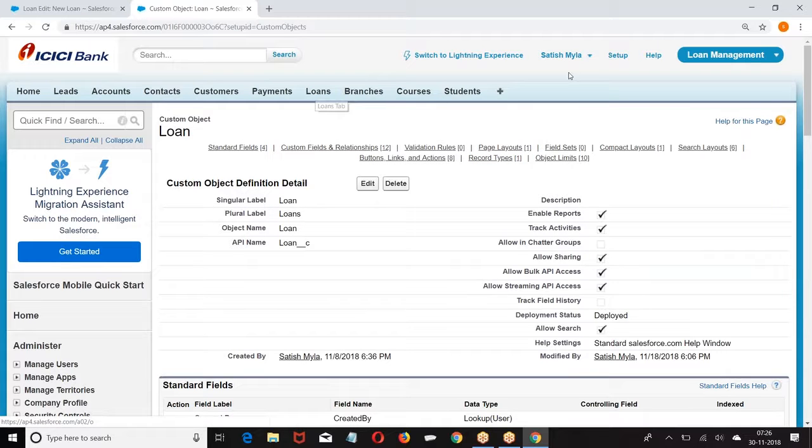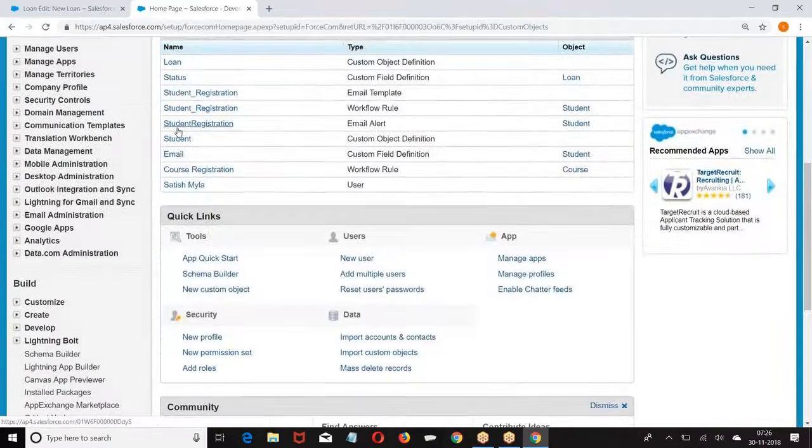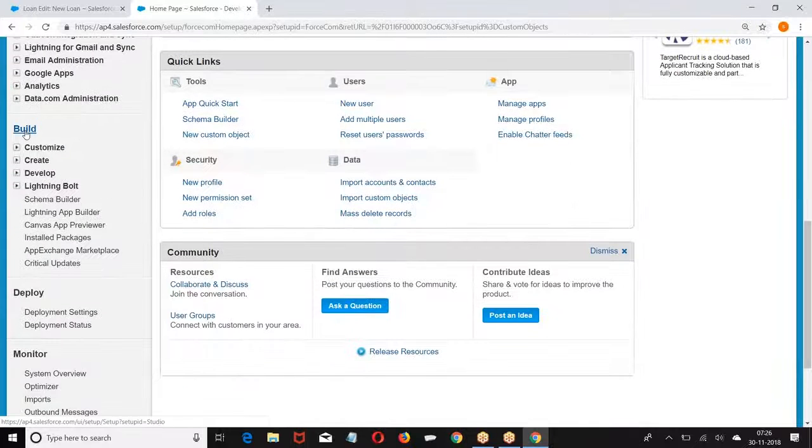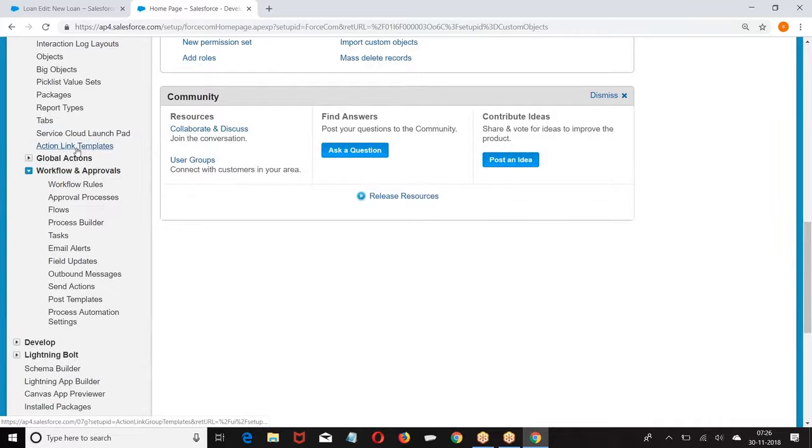Now we have setup, build, create, workflows and approvals, workflows.